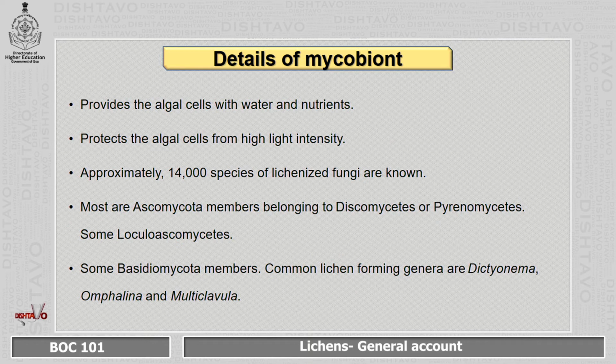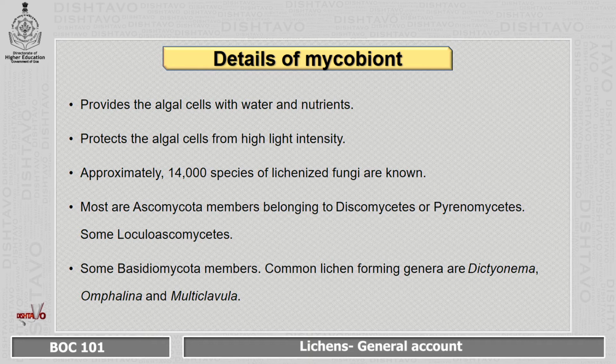Now, let us look at the details of the mycobiont, that is the fungal partner. The fungal partner provides the algal cells with water and nutrients. It also protects the algal cells from high light intensity. There are approximately 14,000 species of lichenized fungi known. Most of these are